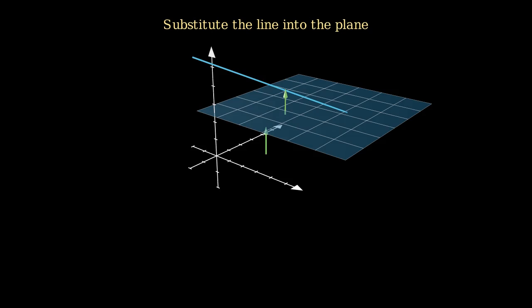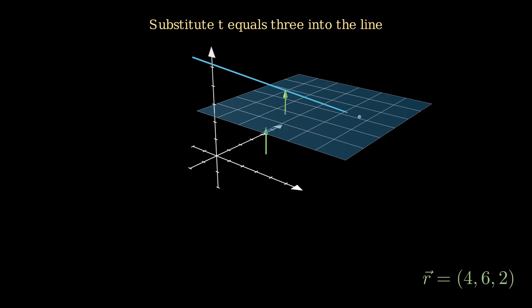Finally, let's find where our line meets this plane. We substitute the line's coordinates directly into the plane equation. Our line gave z equals 5 minus t, and the plane says z equals 2. Setting these equal, 5 minus t equals 2. Solving for t, subtract 5 from both sides to get minus t equals minus 3. Watch the sign carefully here, both sides flip together, so dividing by minus 1 gives t equals positive 3, not negative 3. Substituting t equals 3 back into the line, r equals 1 plus 3, 2 times